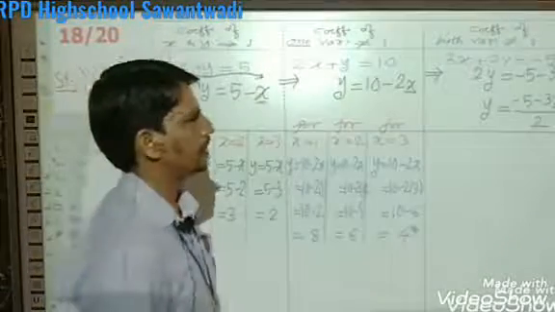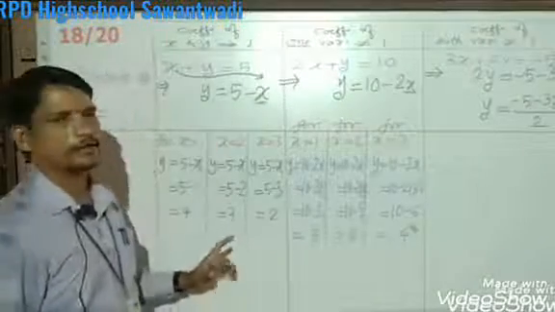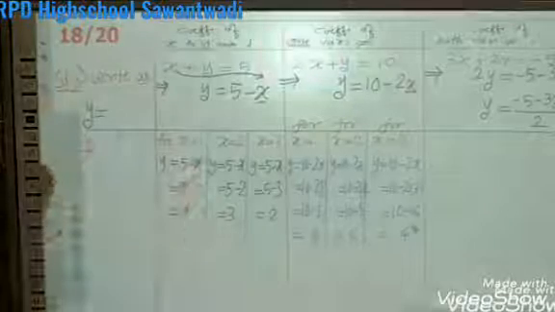So in every example, for 3 values of x you will get 3 values of y. Now that is the special example. Exactly what is to be done there, that part we'll see now. By that time you note down this.